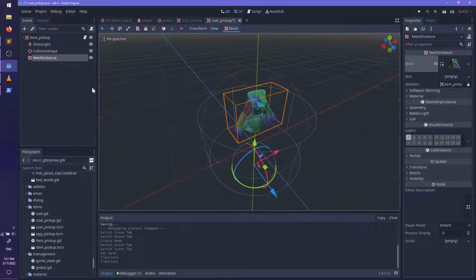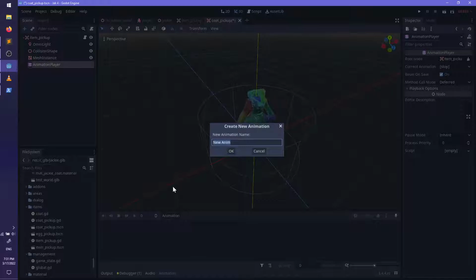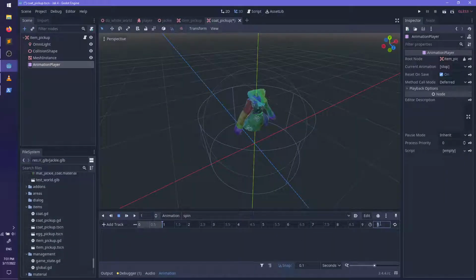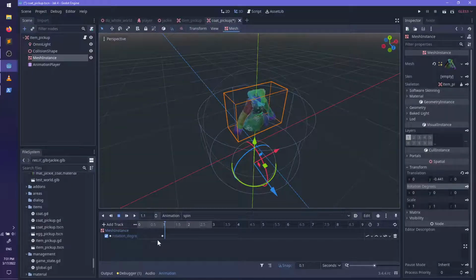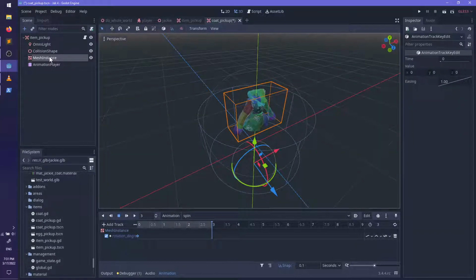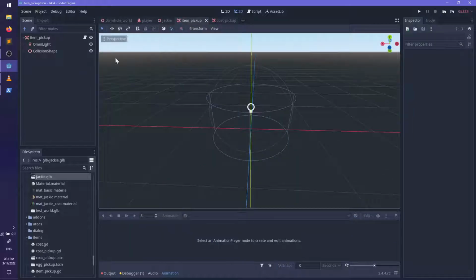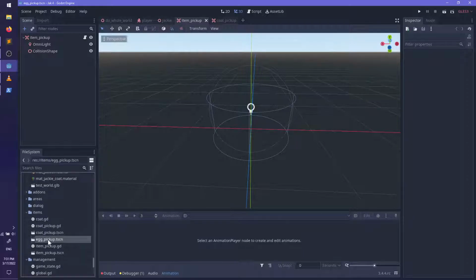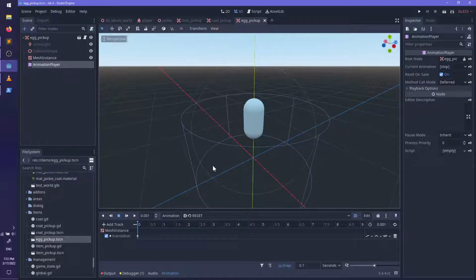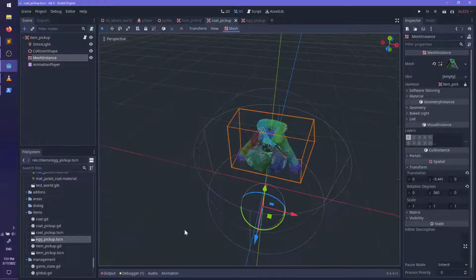Okay. So we have our coat. Animation player. New. Spin. 3 seconds. Loop, then auto start. Oh wait, for the item pickup, did I remember to make that an auto start? I don't think I did. Make pickup. Yeah, that needs to float. No, not that one. This one. Okay, and